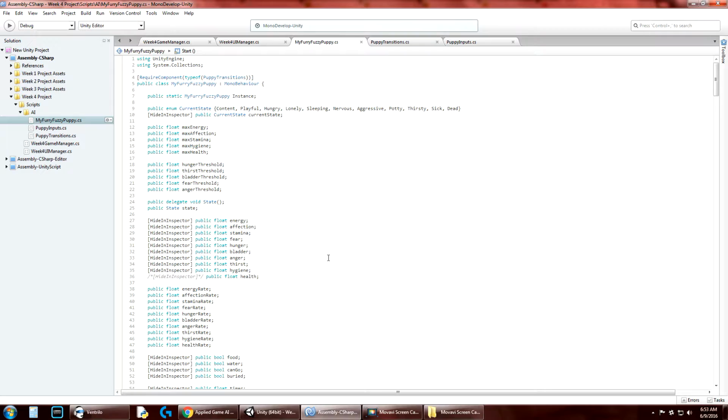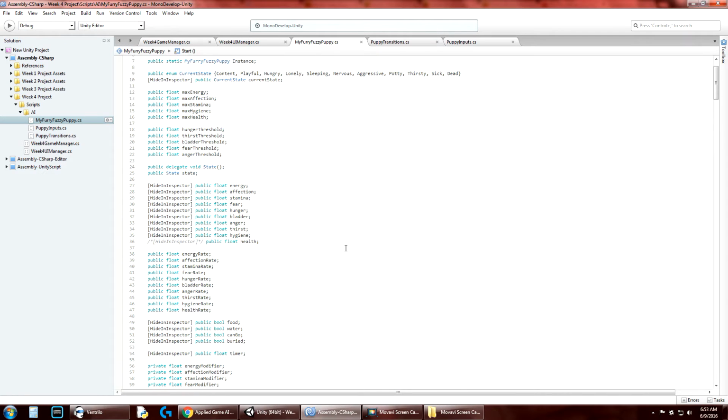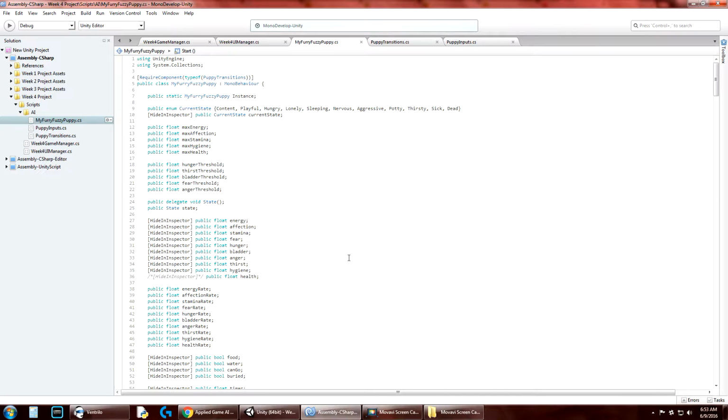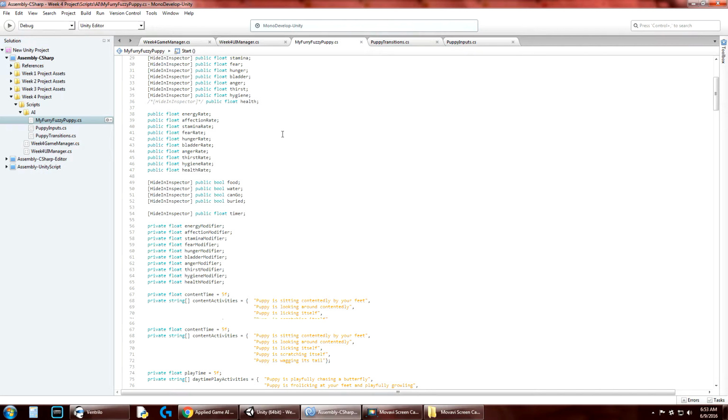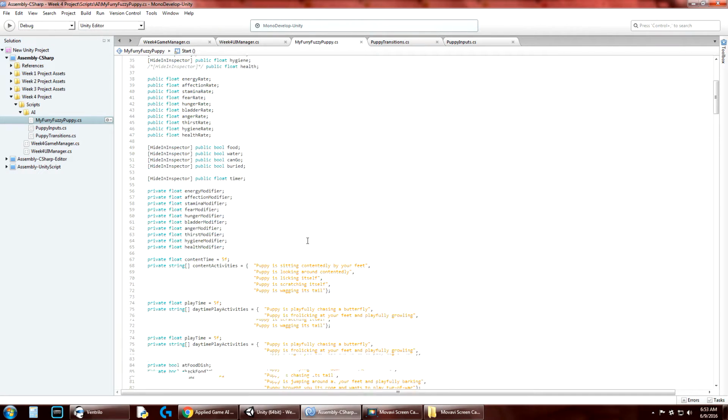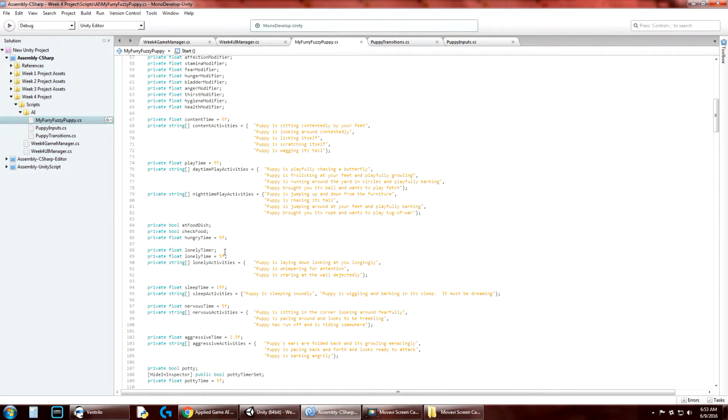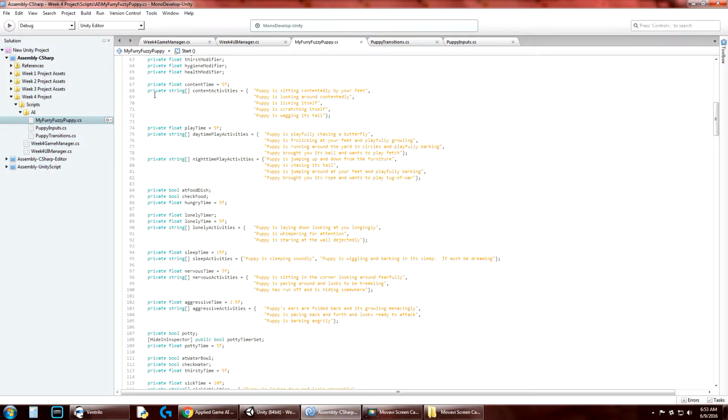So if we come over here, this is the AI script. And we have lots and lots of variables. Rather than run through what all of these are, I will explain all of them as we get to the functions where they're used in. The important things that I'm going to cover right now, though, are these string arrays that I've created right here. I mentioned that we're using simulated functionality, and these string arrays are where we store that simulated functionality,